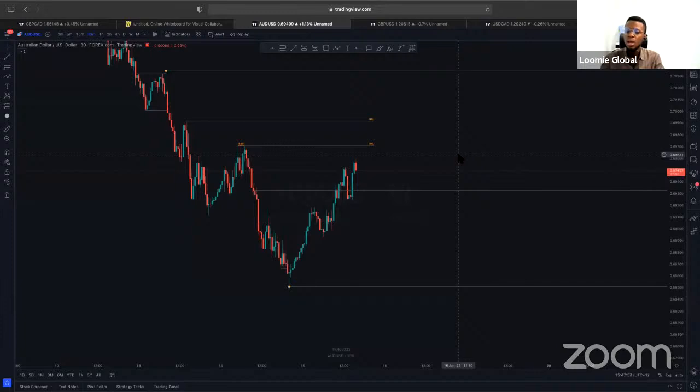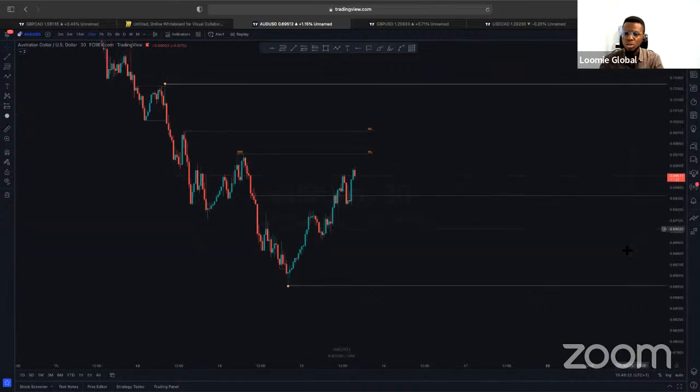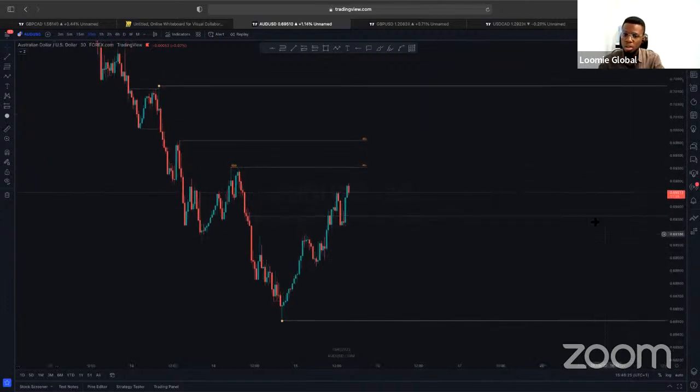So I was saying that for pairs that are directly correlated, when you take a trade on one, you don't want to take it on the other, because if you're wrong on one, you'll be wrong on both. And for pairs that are inversely correlated, you don't want to be taking double bets against yourself. If you take a buy on both, one is going up and the other is coming down, so even if you're in profit on one, the other will be canceling out the profit you're already making, right? Only gamblers do stuff like that. The way we are teaching you to trade is to trade with precision, and that was why it was important for us to bring that up. So that's a little bit about currency correlation. I think I'm going to have to rename this class, so just focus on correlation, because we used a lot of time to discuss that.